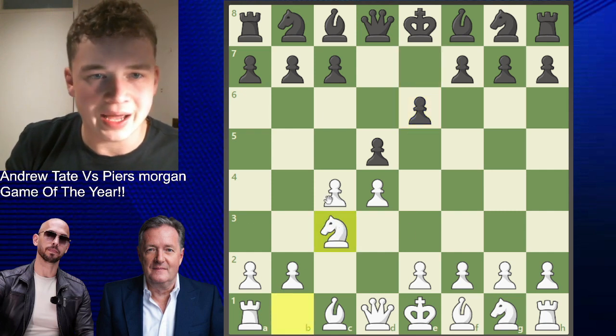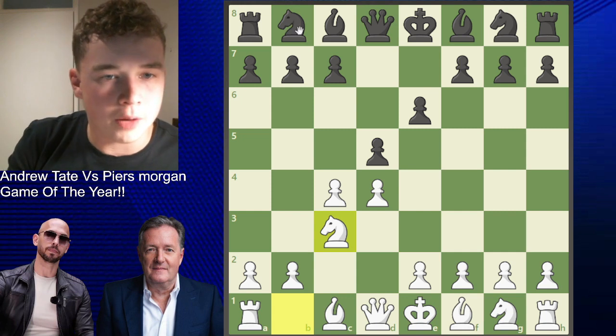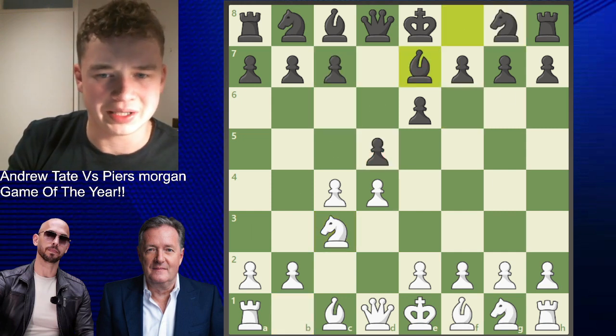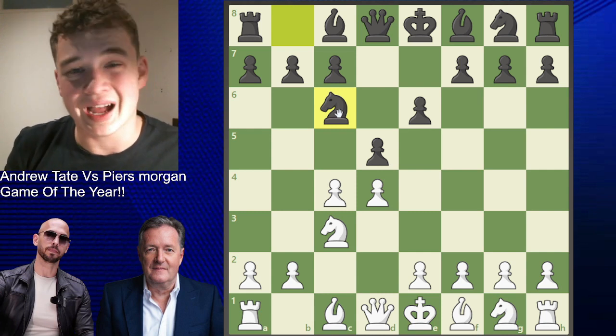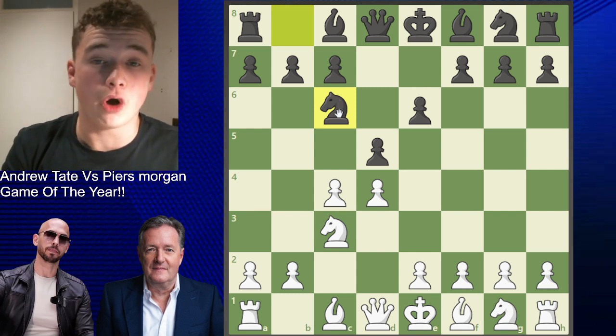Knight c3, and now knight c6. Knight c6 is not the most popular move here. Moves like c6, moves like knight f6 here are a bit more popular, and moves like bishop e7. But knight c6, however, is still a respectable line. It's probably not as commonly seen at the top level. However, that's how Piers likes to go, and it looks like these two are actually off the bat playing a